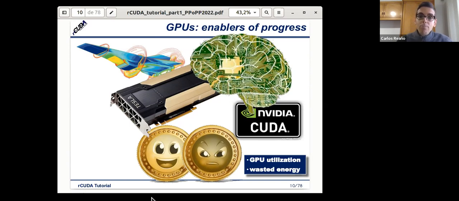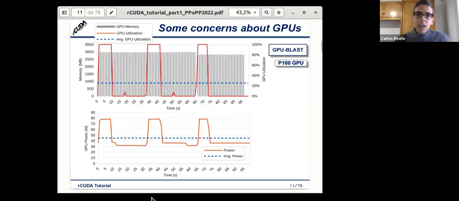Okay, so on the good side, they provide a huge acceleration, and on the bad side, we could say that sometimes we have these concerns. Let me elaborate a bit more on these concerns. For instance, here on the screen, we are showing the measurements related to the execution of an application called GPU Blast, which is just doing DNA sequencing.